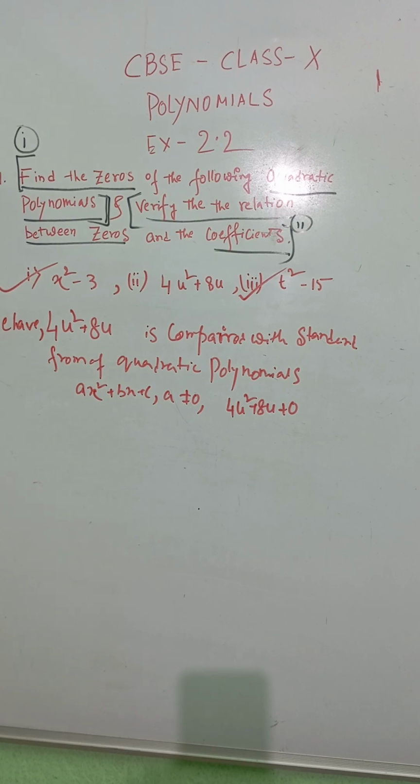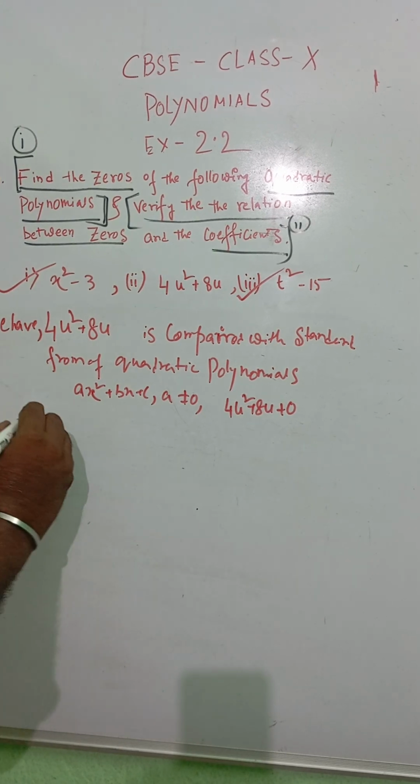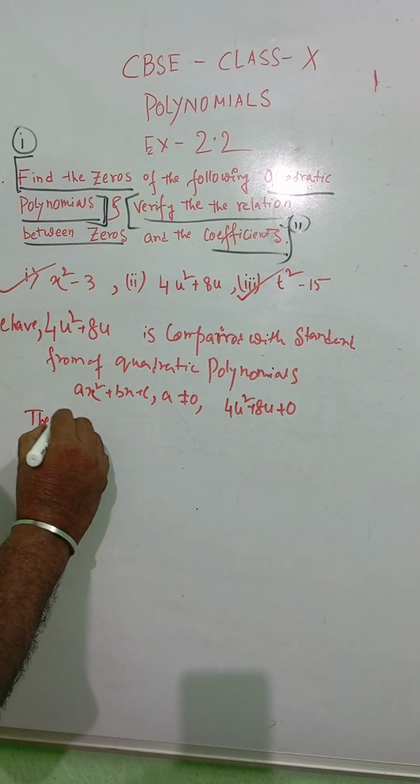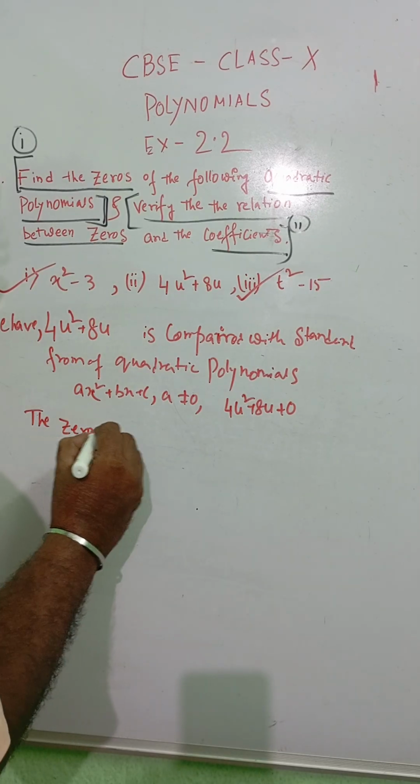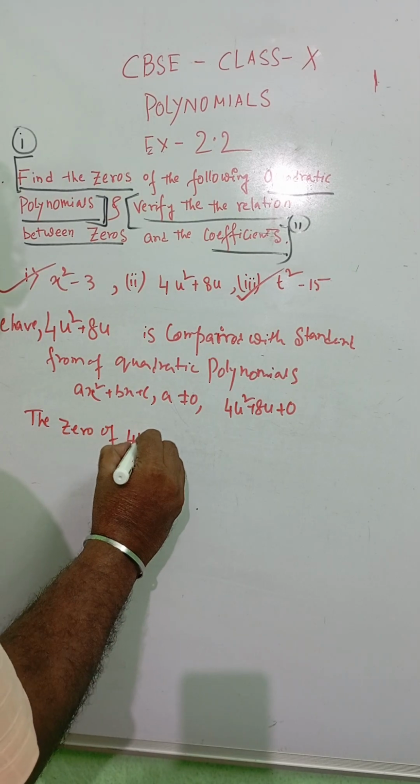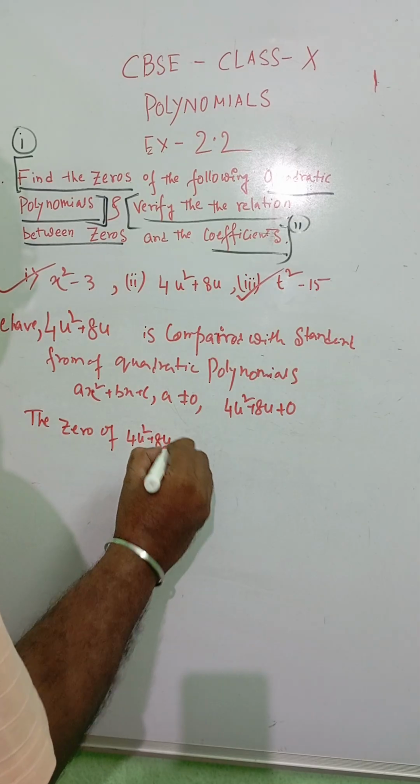Then we have to write that the zeros of 4u square plus 8u